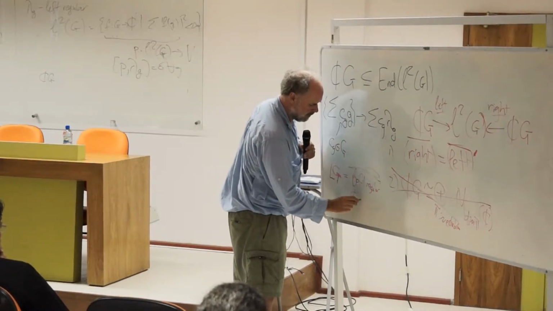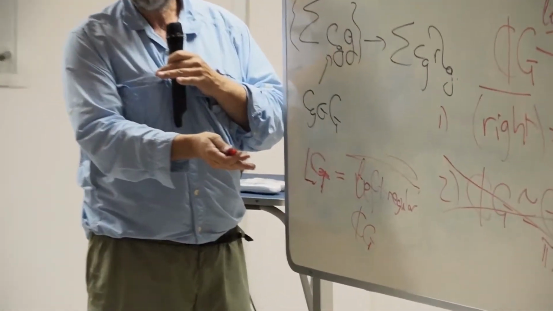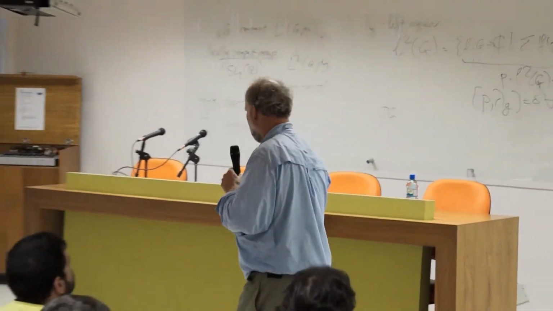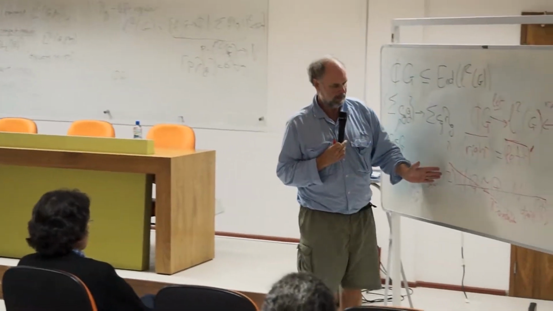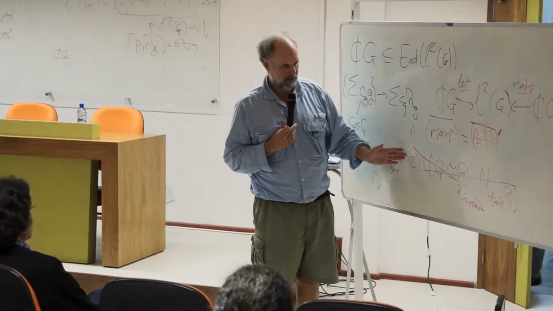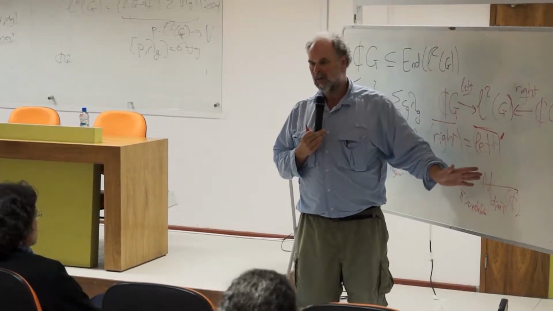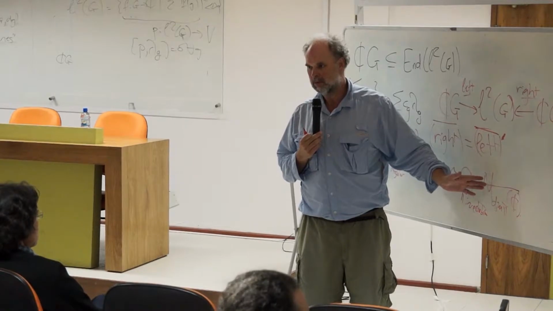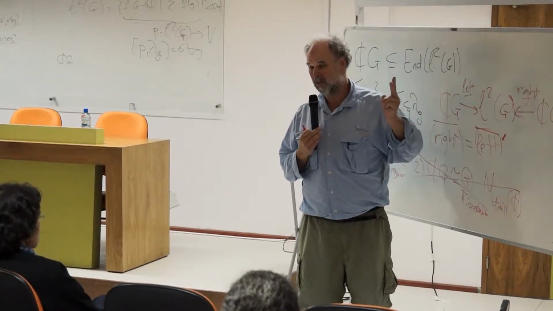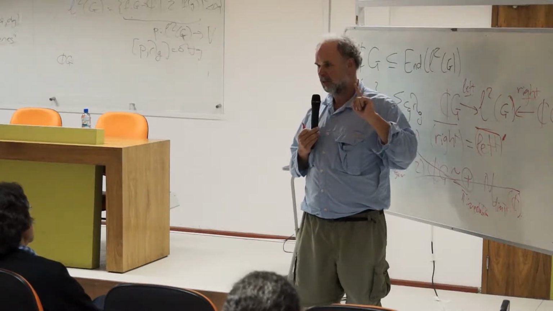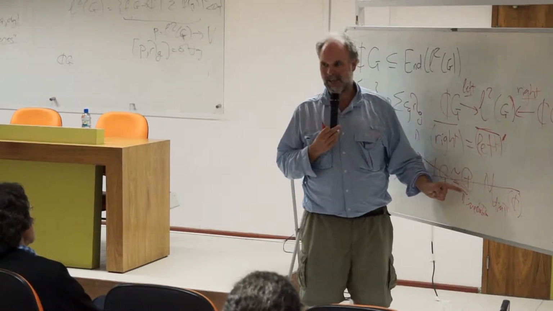So this is C of G, so I've closed it. All right? Now when you close it, of course, things can get screwed up. But what I want to convince you of is that this decomposition of the group algebra as a direct sum of matrix algebras goes wrong in as bad a way as you can possibly imagine. In fact, there's two ways that it goes wrong, but I want to emphasize most of all the first one. And the first one is that it doesn't decompose like this at all.